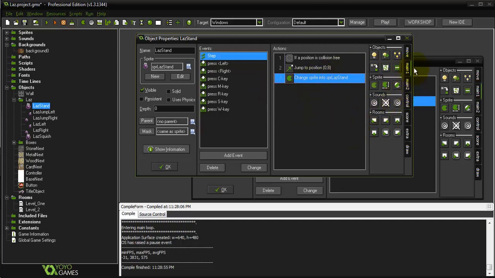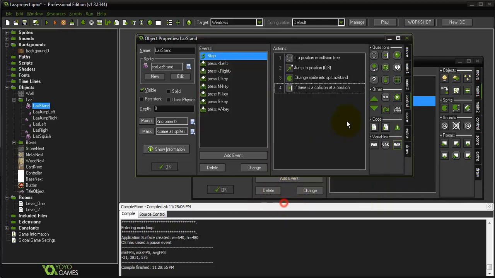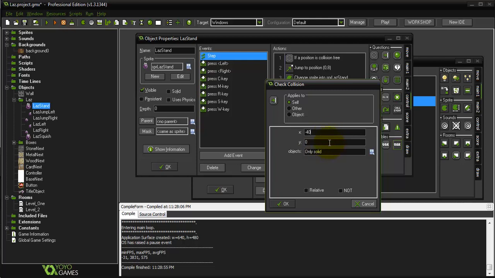And then the next thing we're going to do is we're going to do a series of checks. And we're going to check for collisions. We're going to check for collision 40, 0 relative. In other words, look to the right. Then we're going to look to the right and up, relative. Then we're going to look to the left, relative. Then we're going to look to the left and up,